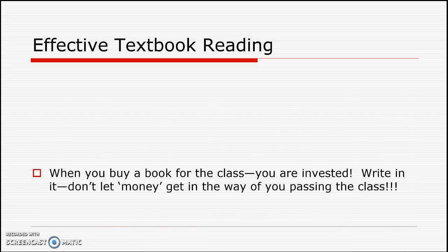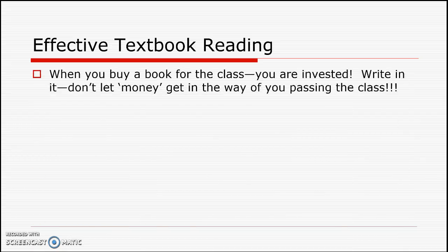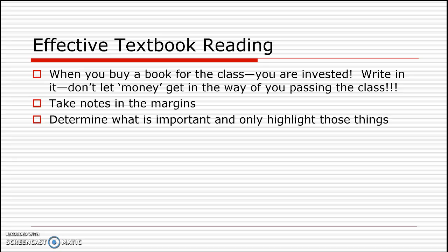First of all, just overall tips. When you buy a book for a class, you have invested not only your time but also your money, so don't let the money from selling back a book get in the way of you passing the class. Use the book, write in it, take notes in the margins, highlight and underline, or whatever it is that works